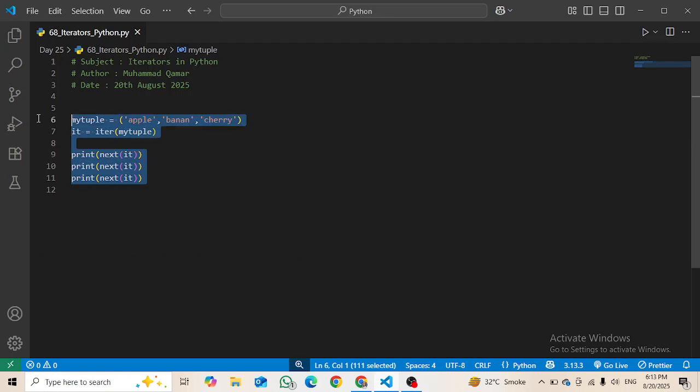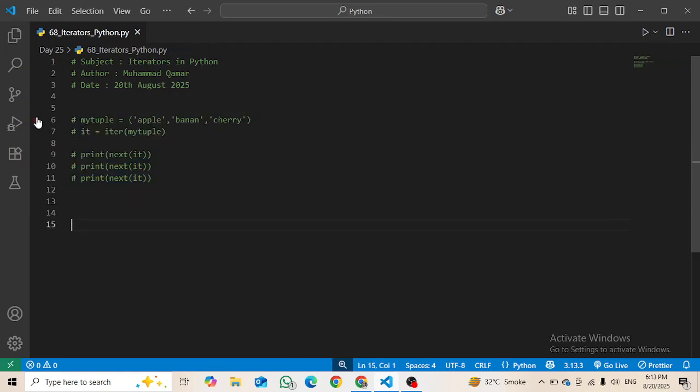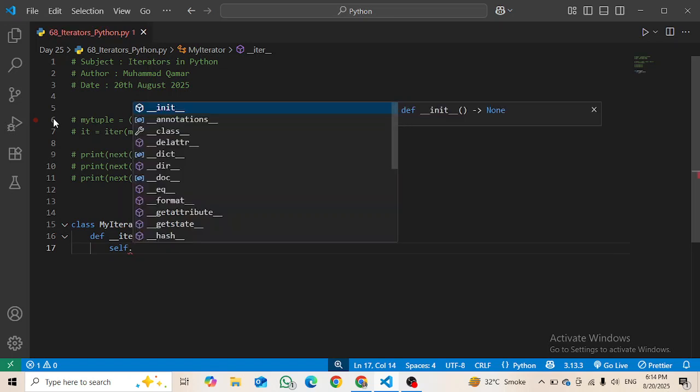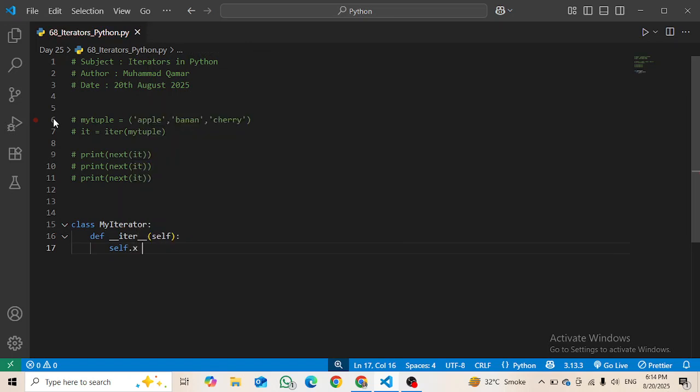First of all, we make a comment, then make a class, let's say MyIterator. Then colon, then inside it define __iter__, not __init__ but __iter__, with self, and then self dot x, I guess.